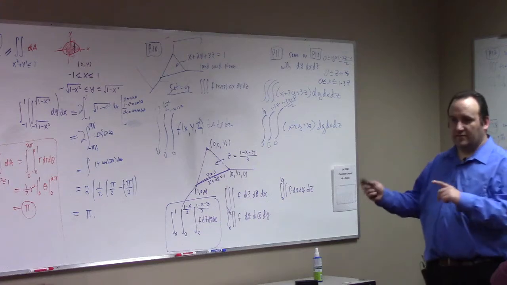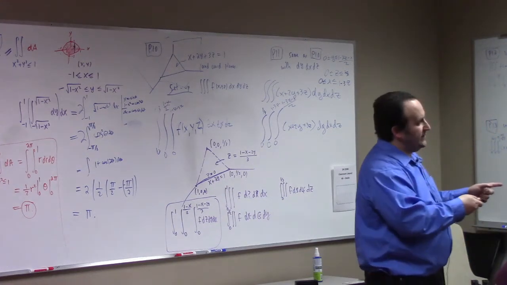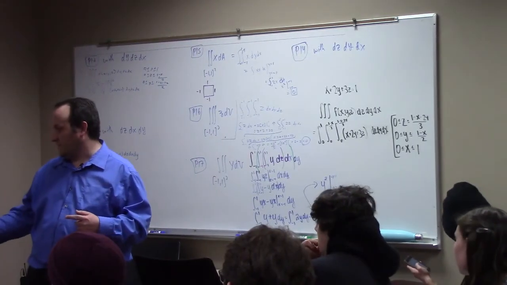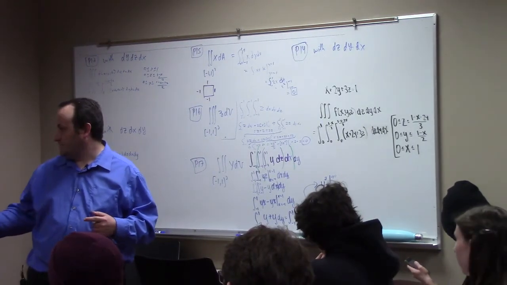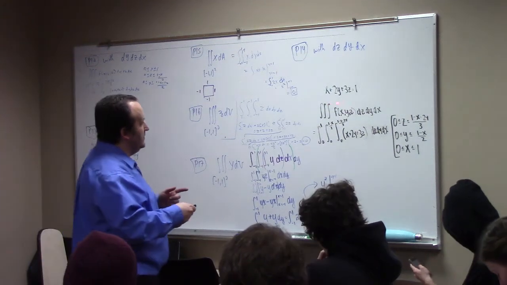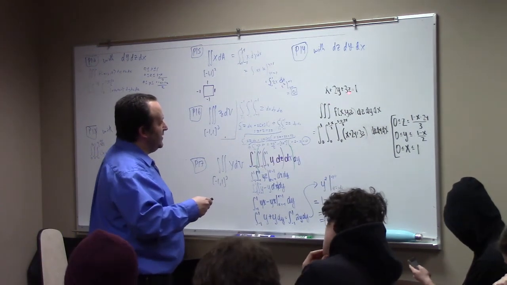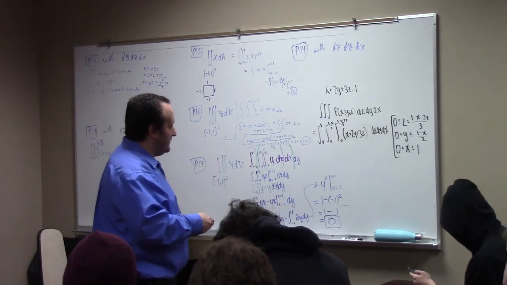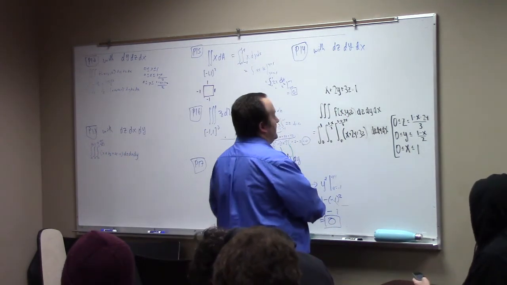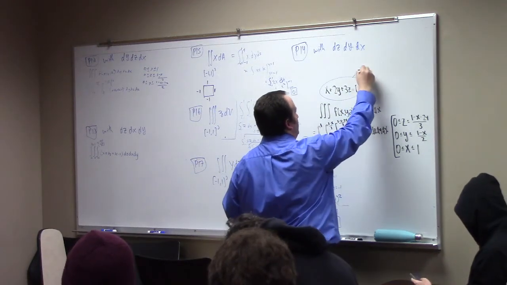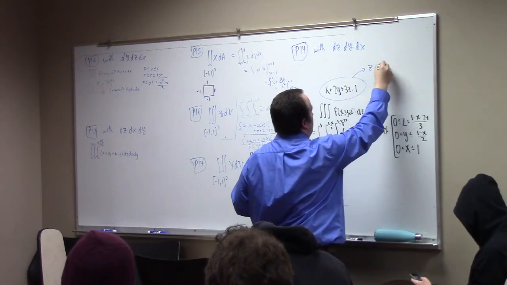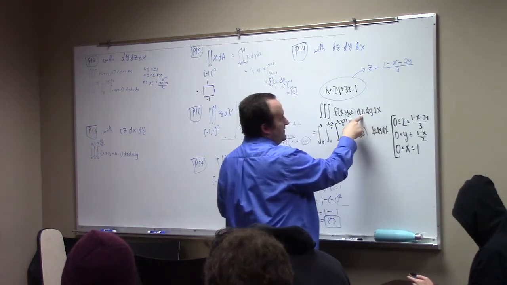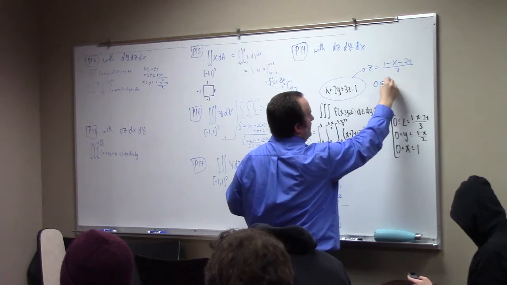Okay, let's jump over to problem 14, because this one's good. I actually found the same, this is the answer to problem 14 down here. So we have x plus 2y plus 3z equals 1. Problem 14, we do the z integration first. So the point is that if you take this equation and solve it for z, you get z equal to (1 minus x minus 2y) divided by 3. So when I do the z integral first, I'm thinking 0 less than or equal to (1 minus x minus